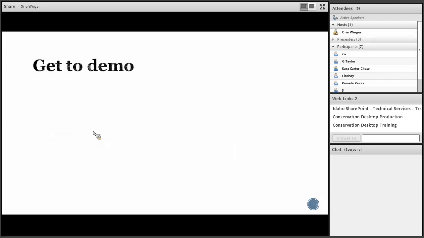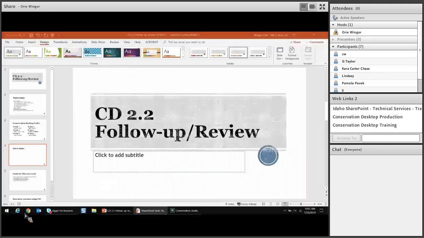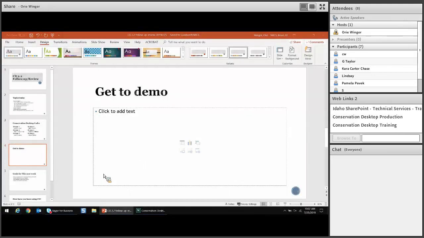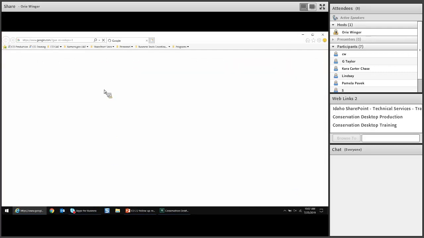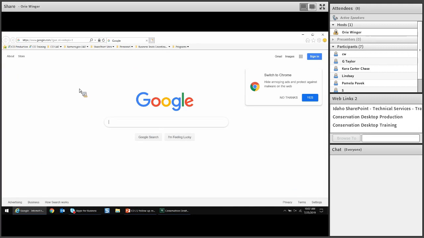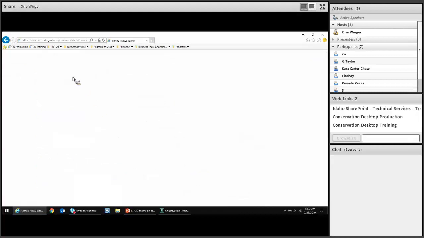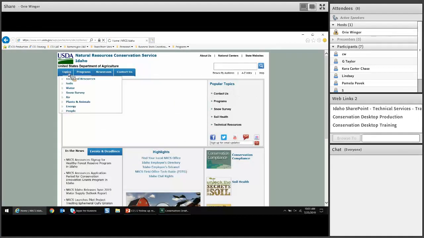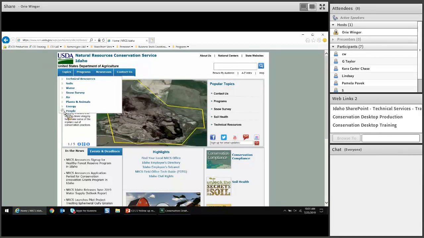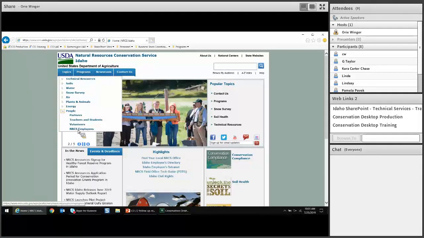All right, so now I'm going to dive into the demo for today. I'm going to start off by going over how to even access Conservation Desktop. For some of the field staff watching, we won't know how to get to it. So the basic way to get to the SharePoint would just be to Google NRCS Idaho. Once we get our search results back, we can click on the link. It pulls us into Idaho. Obviously, if you know how to get into SharePoint, you can do this without going through these steps. But here, on topics and then people and then NRCS employees, we can select that